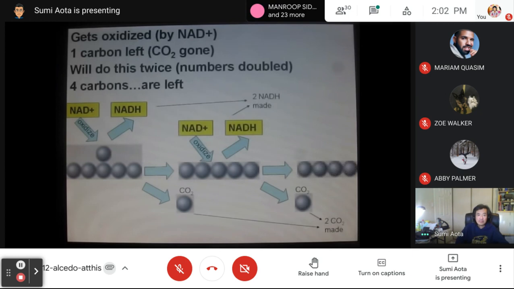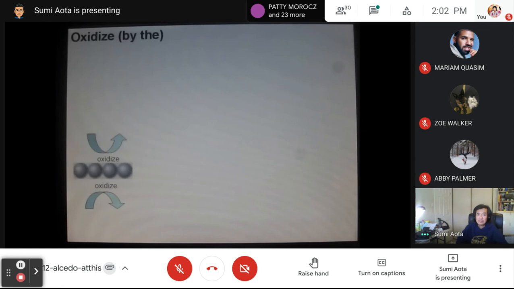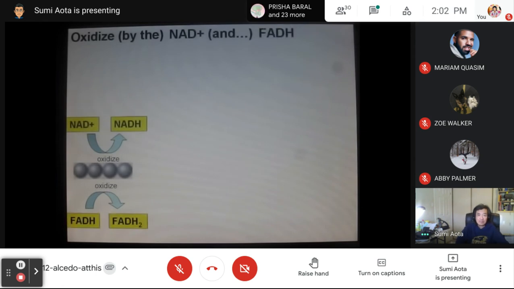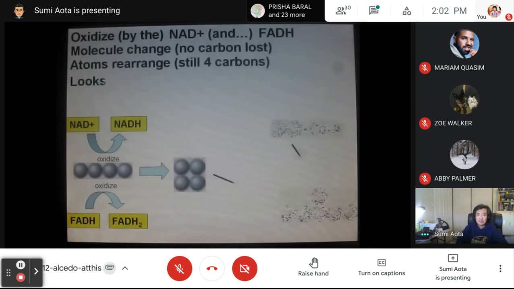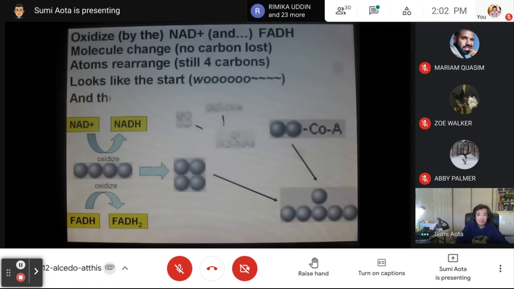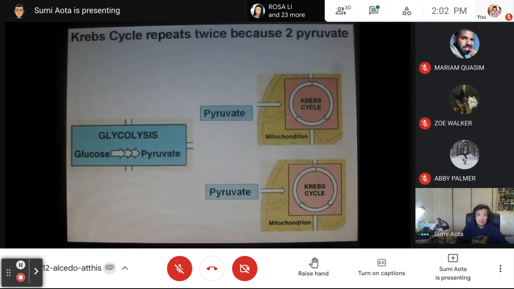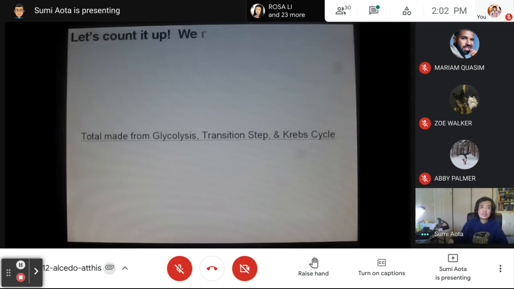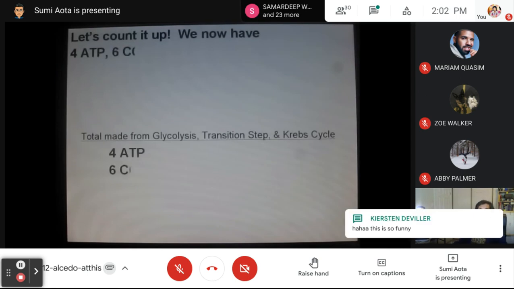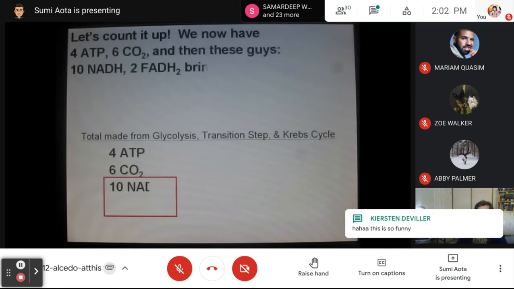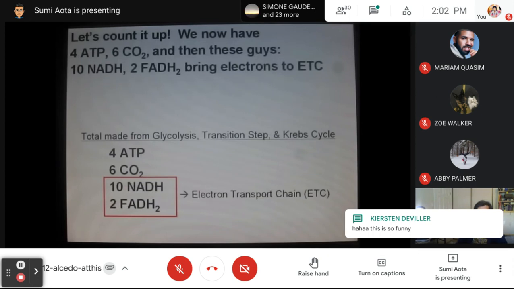Four carbons are left. One ATP made, oxidized by the NAD+ and FAD. Molecule change, no carbon lost. Atoms rearranged, so the four carbons look like the start. And then we'll do it again. Krebs cycle repeats twice because two pyruvates were made in glycolysis. Let's count it up. We now have 4 ATP, 6 CO2, and then these guys, 10 NADH, 2 FADH2, bring